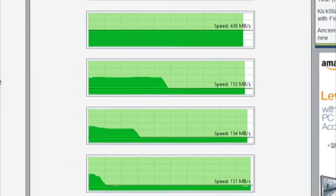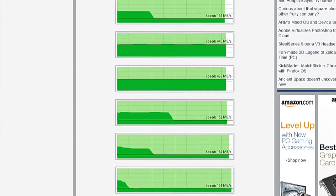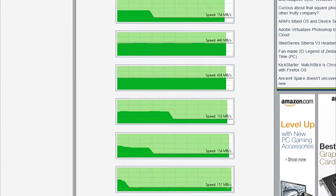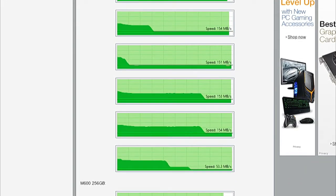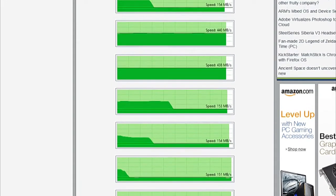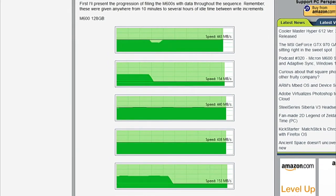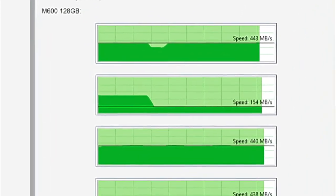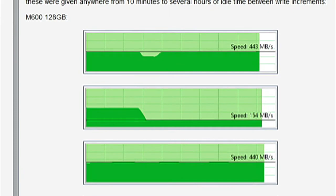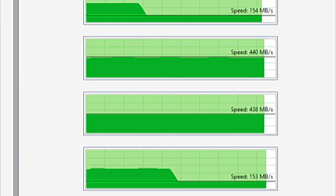We would expect it to be really fast at the beginning and then slow down towards the end, or have a longer period of slow data towards the end. But if you look at the very top of those, you'll see the very first result, 440 megabytes per second. That's great. That's about what you expect for write speeds. The second one, 154 megs per second. That's pretty bad. That is with 10% full,